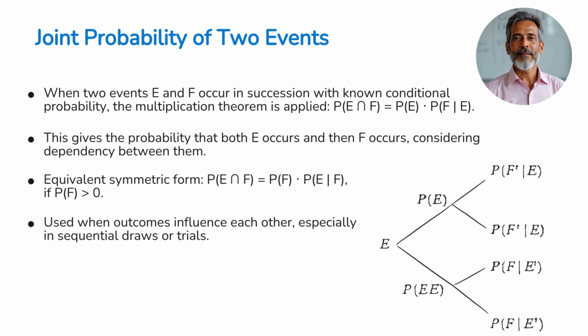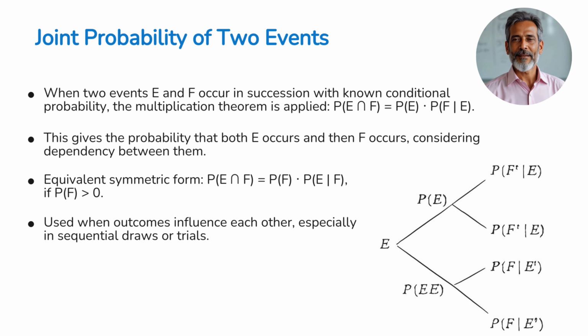Alternatively, if you prefer, you can switch the order. P of E intersection F equals P of F times P of E given F, provided the probability of F is greater than 0. This rule helps when events influence each other, like drawing cards one after another or conducting